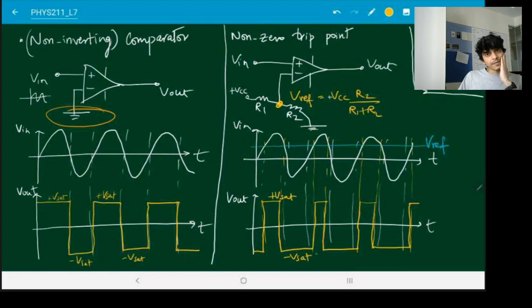So you can see we have now built a circuit, a square wave, in which the signal spends less time in the high state and more time in the low state. So this is an asymmetrical square wave, or well, you might want to call it a rectangular wave, or whatever. Basically, it's asymmetrical in the sense that it spends different amounts of time in the upper state and in the lower state. So in this circuit, we had a positive non-zero trip point. Let's see what happens if we have a negative non-zero trip point.